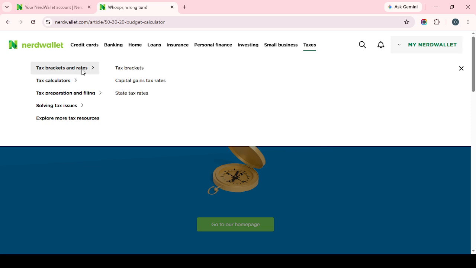The wants category represents 30% of your income. This usually covers non-essential spending like dining out, entertainment, hobbies, shopping, streaming services, or travel. Reviewing this amount can help you understand how much flexibility you may have in your monthly spending without interfering with